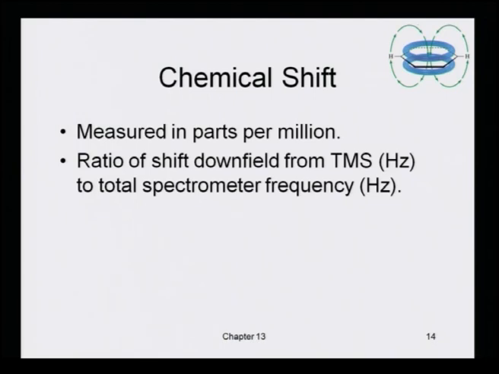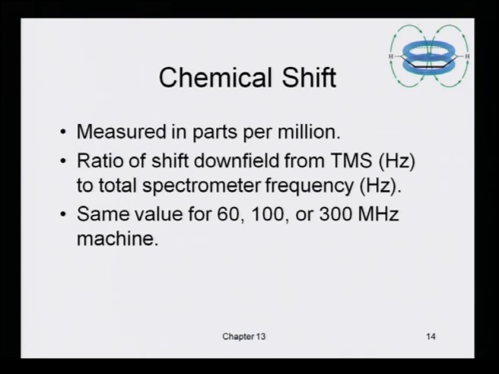It is the ratio of shift downfield from TMS, in hertz, to total spectrometer frequency, which is also in hertz. So, where is it with respect to TMS? That is called the chemical shift for a particular type of proton attached to a particular type of carbon